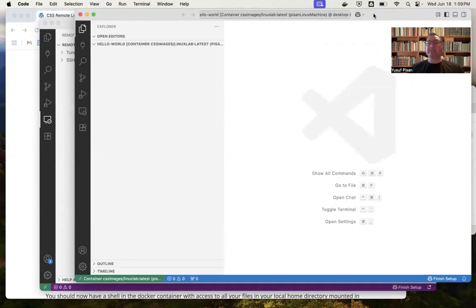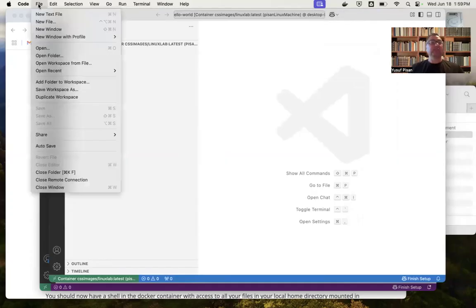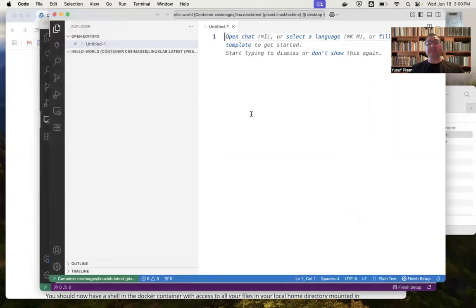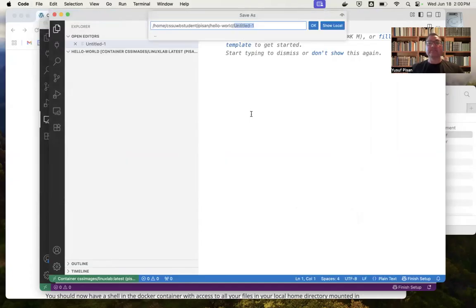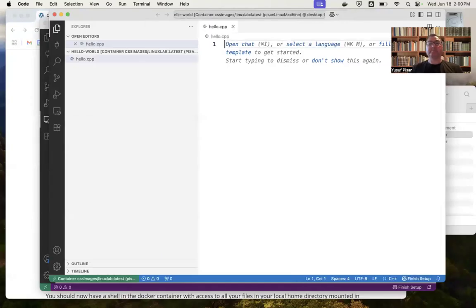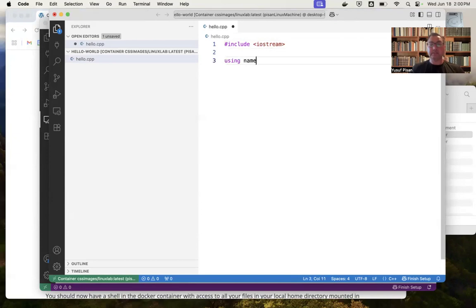And now I want to write my first program. So I want to create a new text file, I guess, and save it as main, or let's save it as hello.cpp. And I want to just have a simple program that is going to write hello world into the screen. So I save my